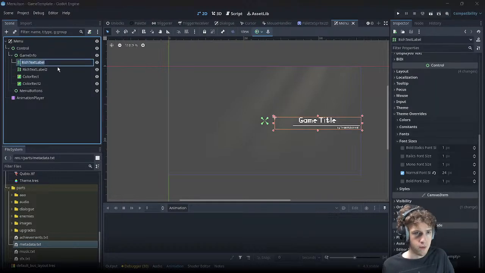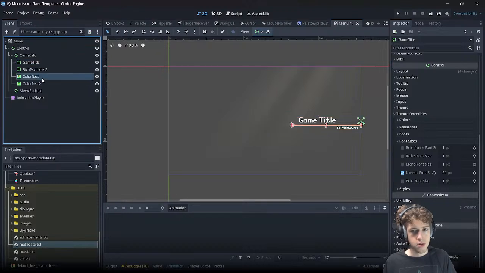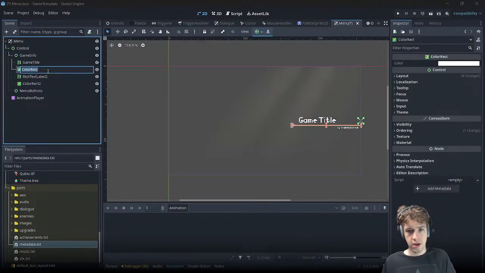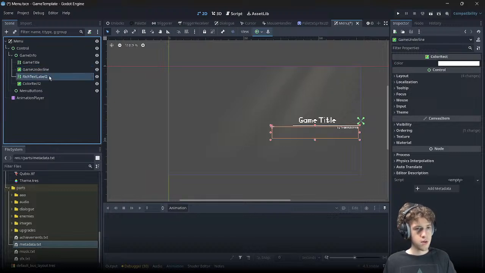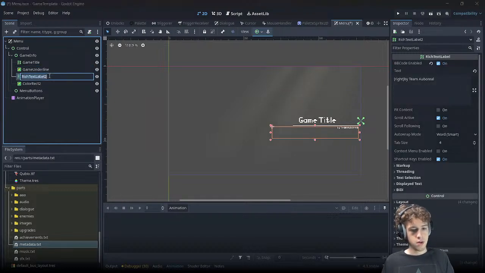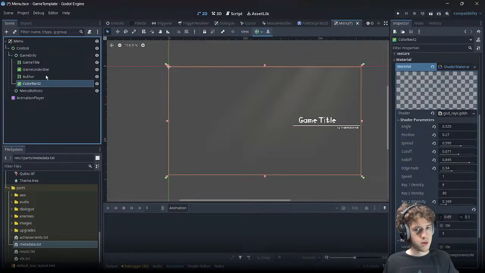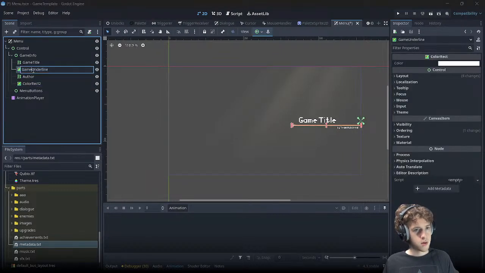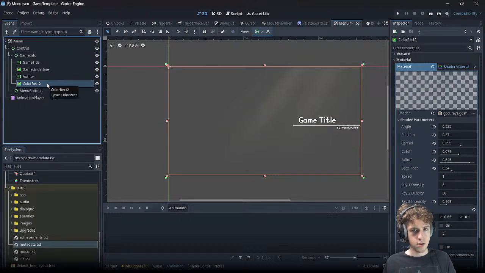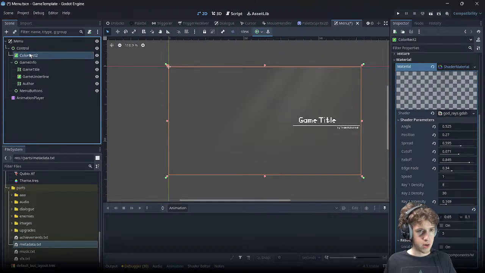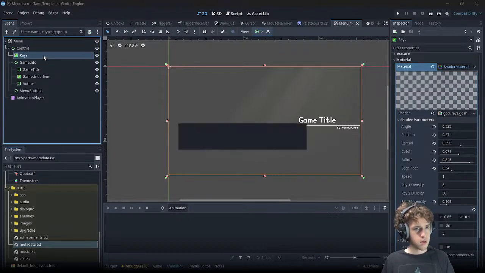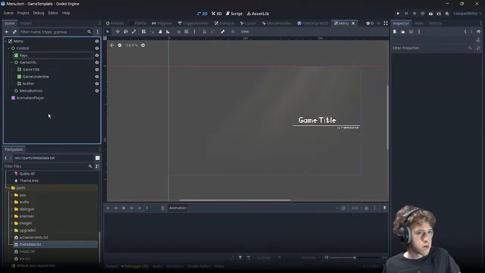First thing though, I'm going to rename this. This would be game title. I move this here. Game underline. And then author. And then this is the raise, which I'll put outside of all this. And then over here,